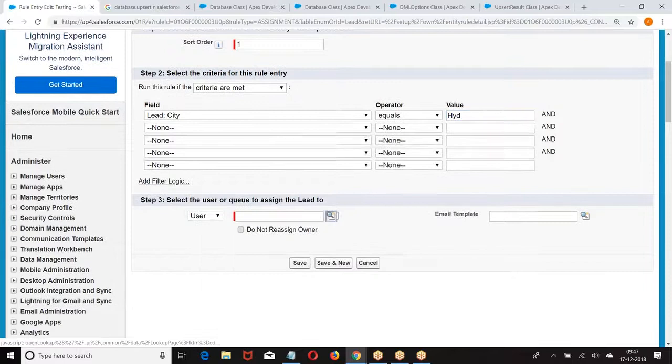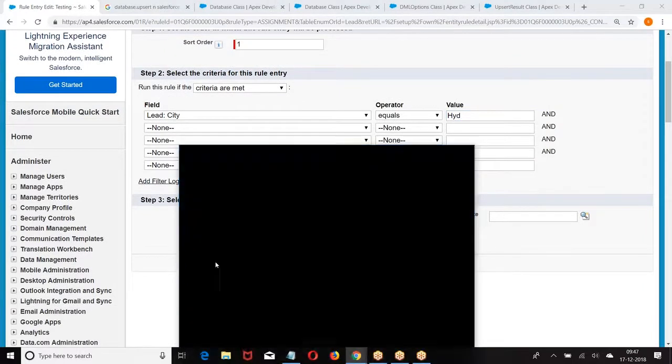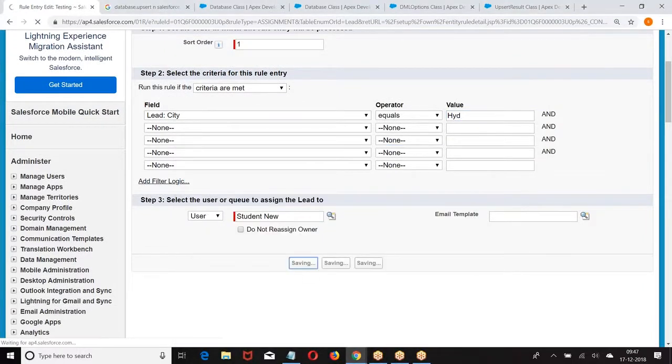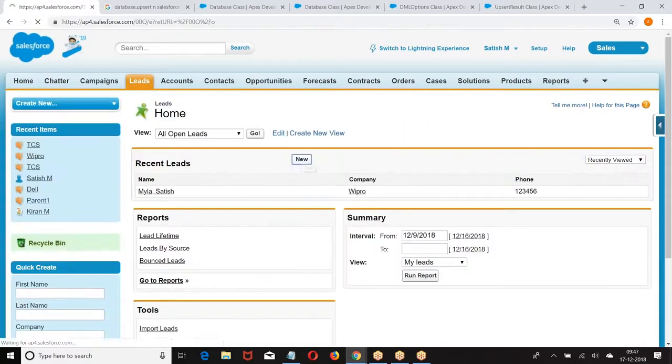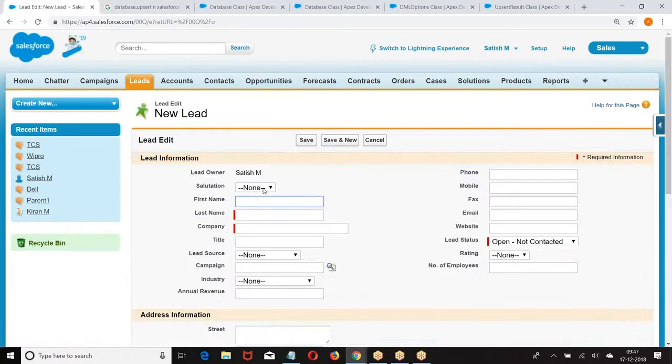If city equal Hyderabad, assign the student as owner. Now I am inserting the data. Who is the owner? Satish.